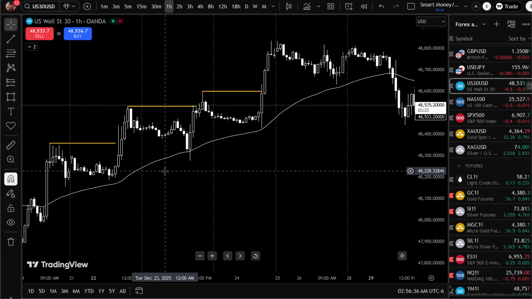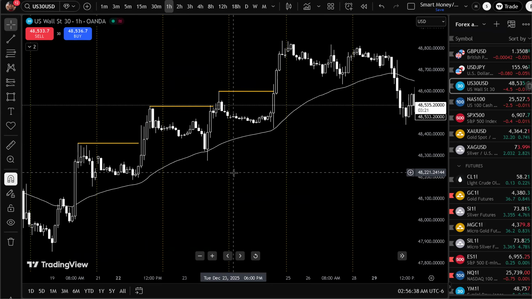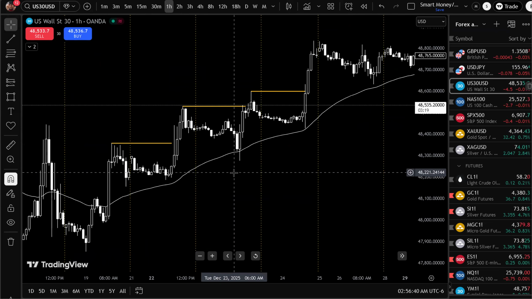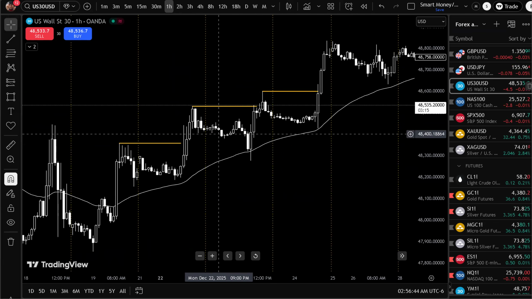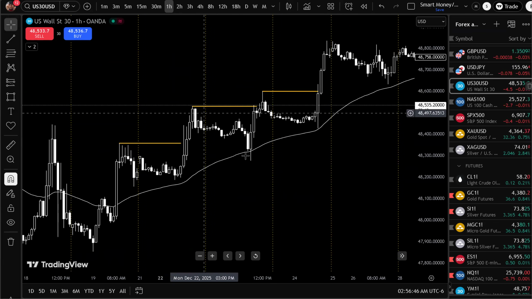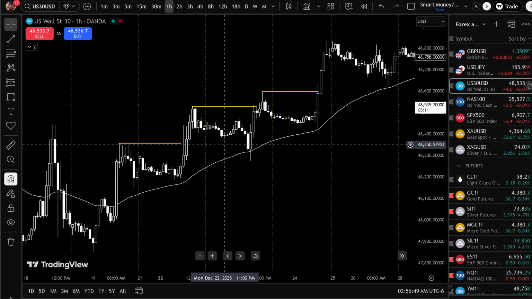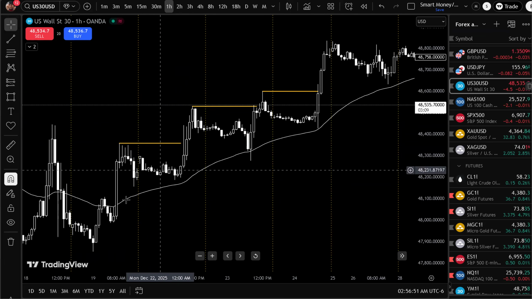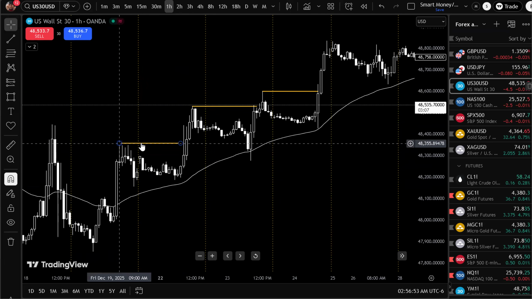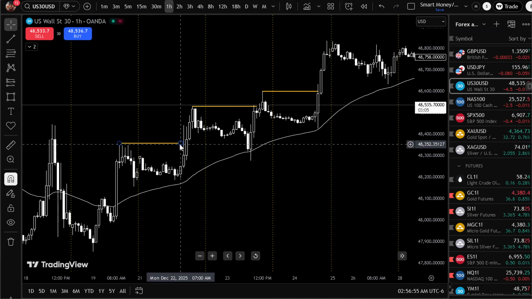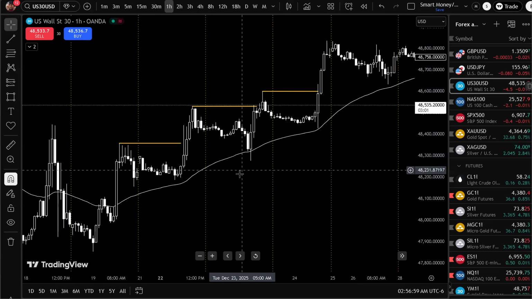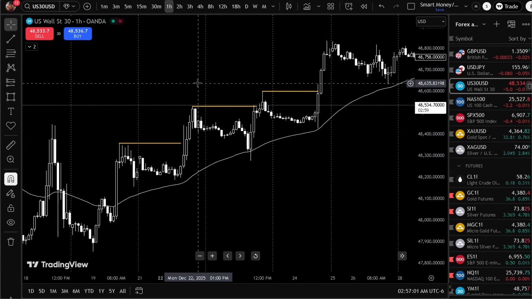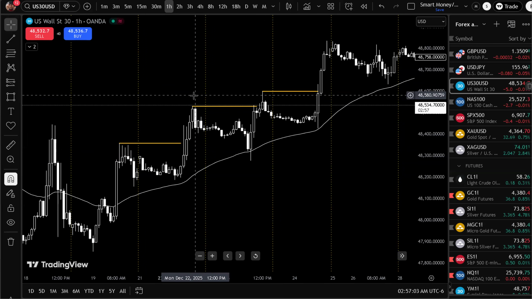Now, here's where we get into the meat and potatoes. Because next we look for what? Correction. That's the first letter C. The correction is the pullback. So if you're looking at this, we got indication. We broke this high, right? The pullback is next. And we want the pullback to come to